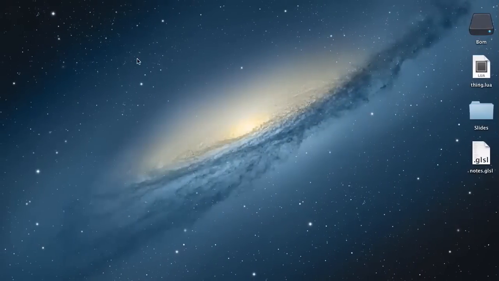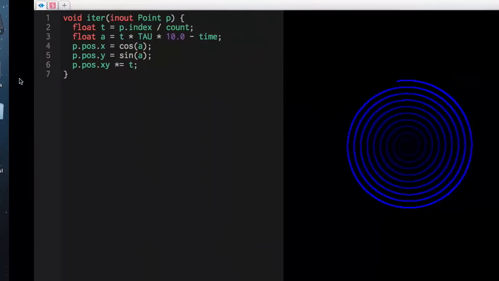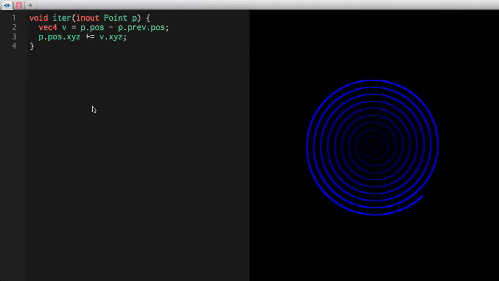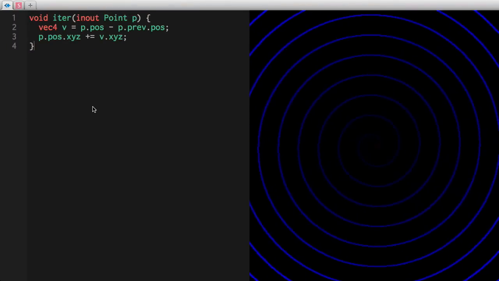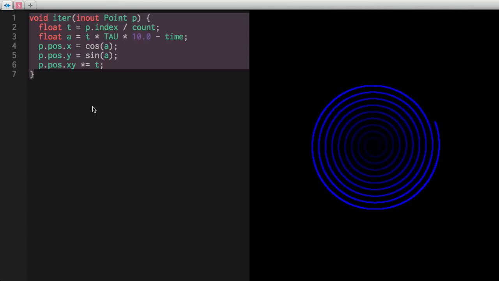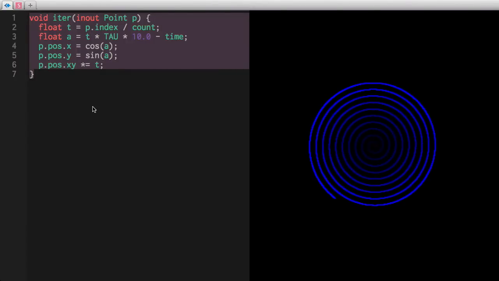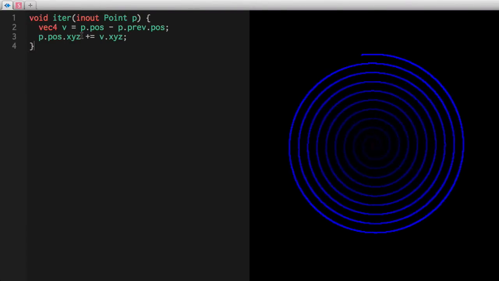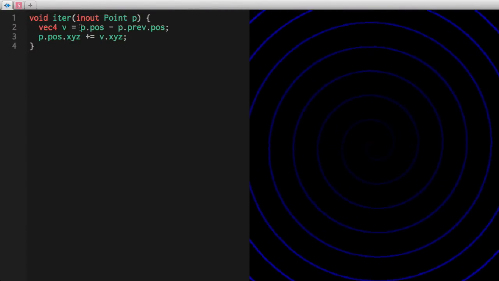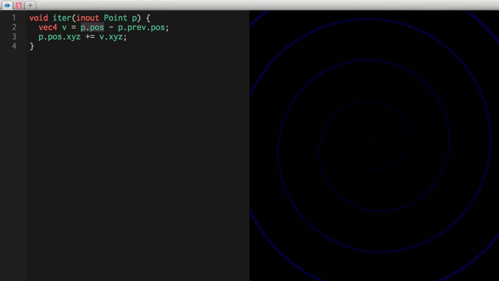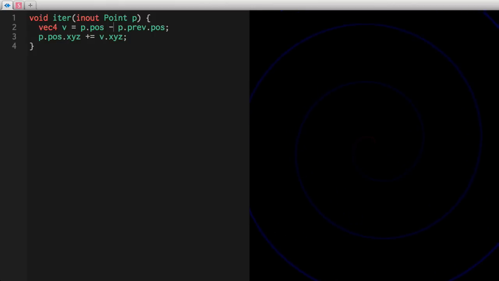Which means if your shader doesn't set a value, it's just going to use the value that it already had. So we can do some interesting things, like take this velocity function and replace the whole thing with it, and the system will just continue along the velocity it had from the previous frame. What this is doing is saying the velocity is equal to the position minus the point's previous position,